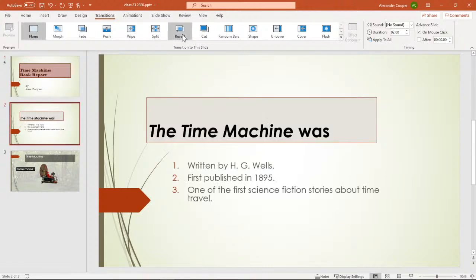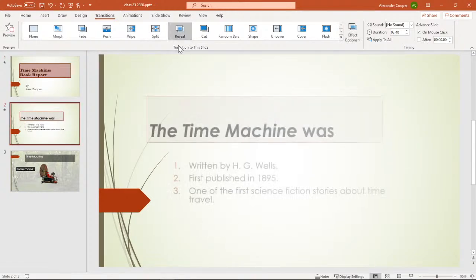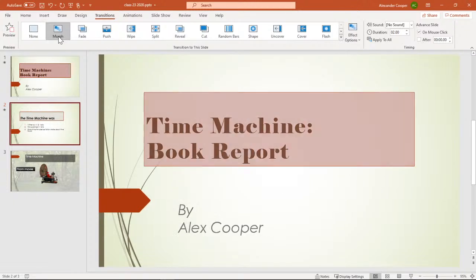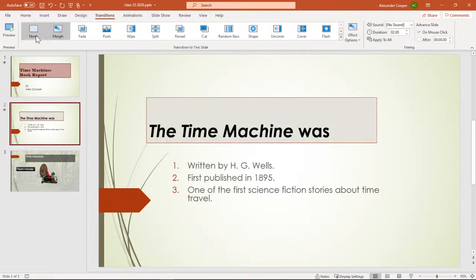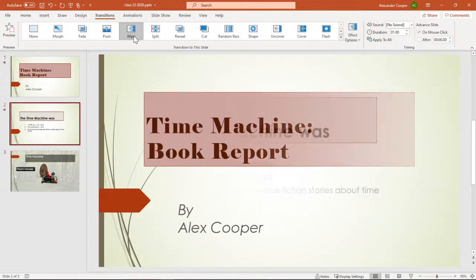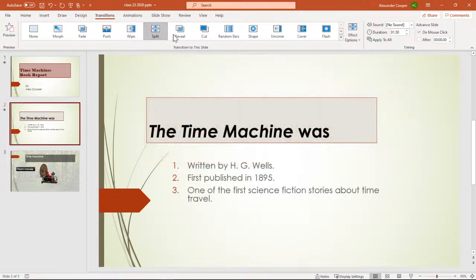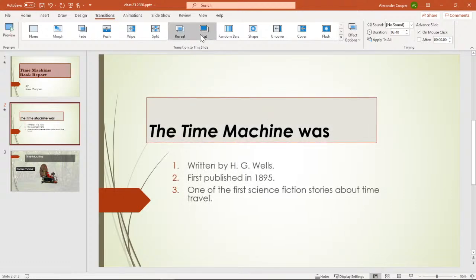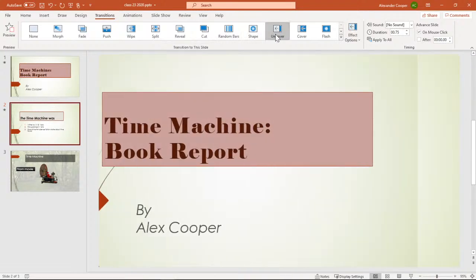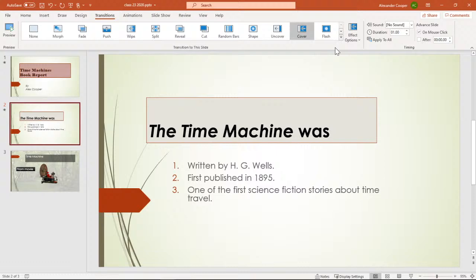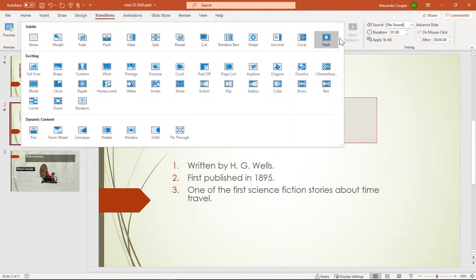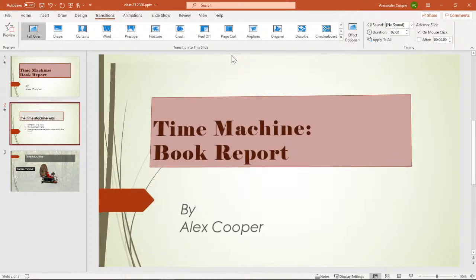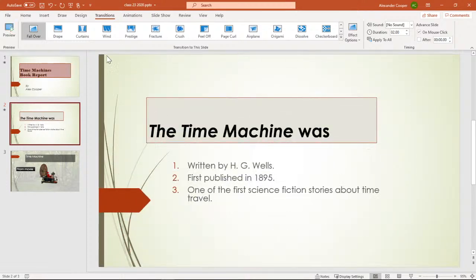Now it's in between what's going to happen next. Some of these will have movement if you use one of their themes. It's not just going from one to another. The reveal's pretty neat. It gives a little bit of animation there. Surprise. And then we have some 3D ones, which are really fun.